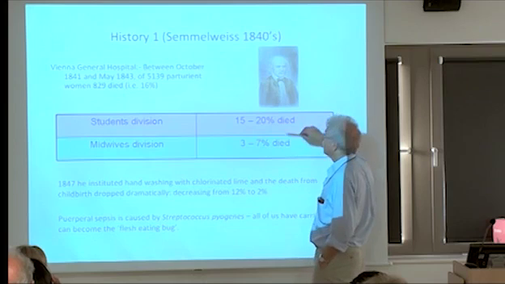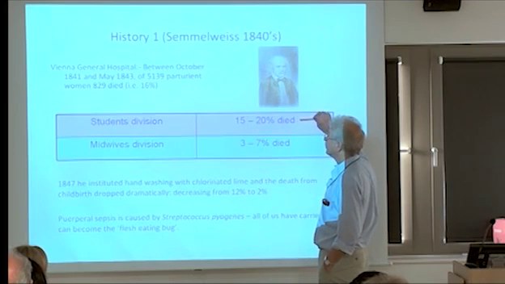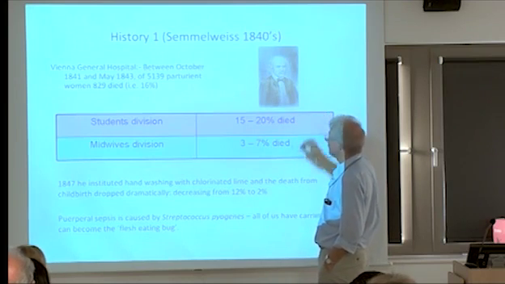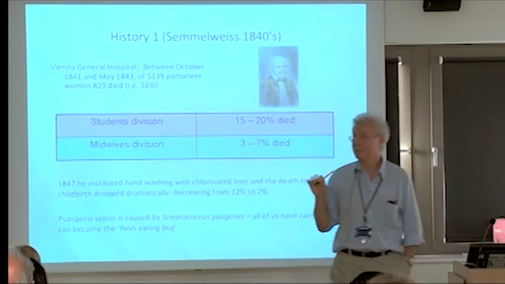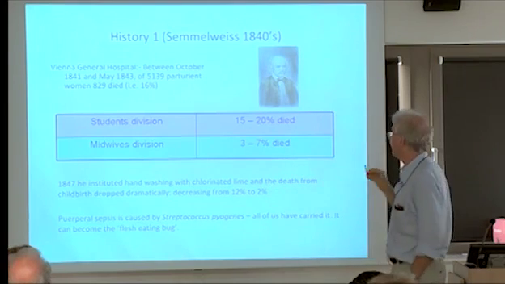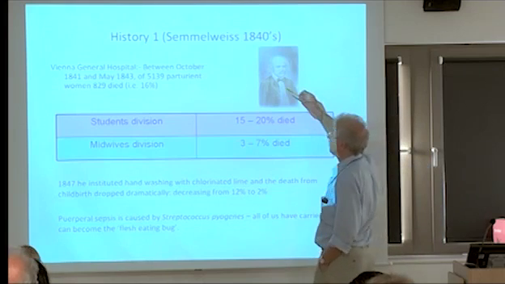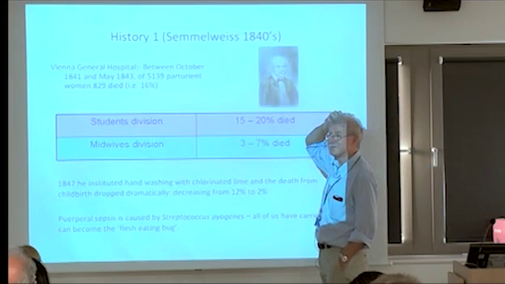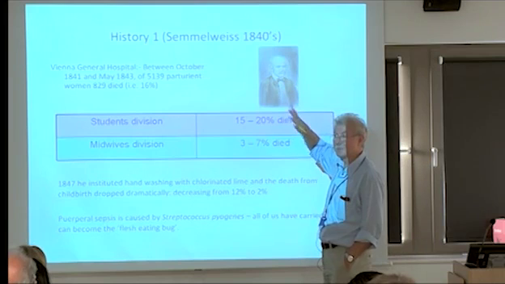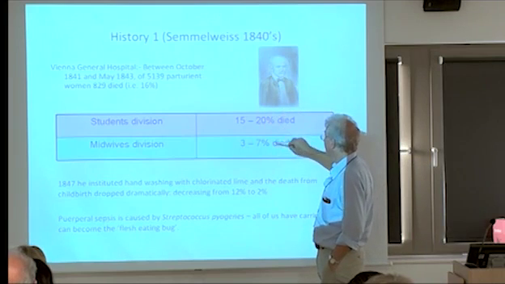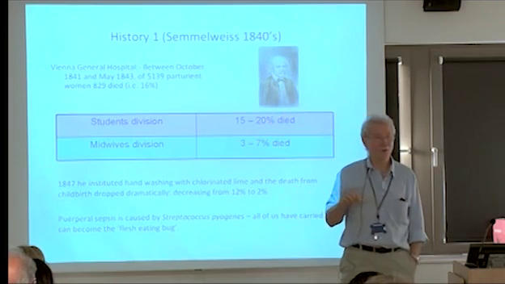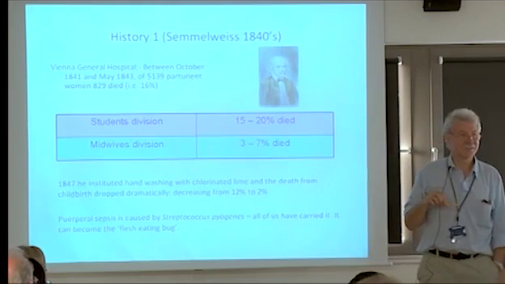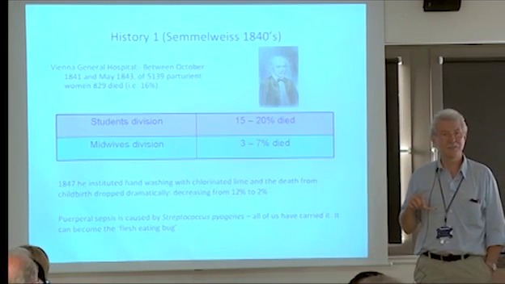What was awful is that if you were one of these salubrious women, you had a 15 to 20% chance of dying in that birthing hospital back in the early 1800s. People forget that. Anyway, what was odd is that this rather hopeless midwife section had a much lower mortality.